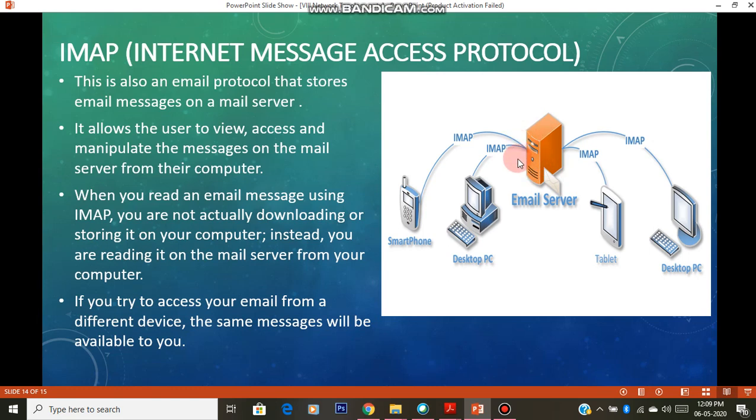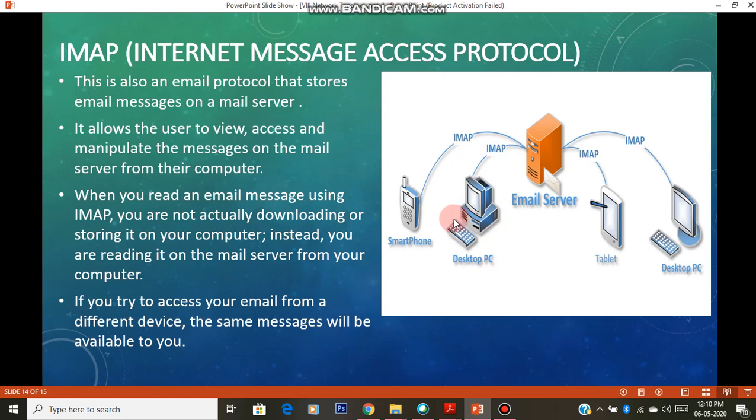There what happens is when the mail comes to the server and you download the entire mail to the computer, it will get deleted from the server, so that from no other devices you can check your mail. But it is not the case in IMAP. IMAP is the one being used nowadays in Gmail, Yahoo, in all the mail IDs, because we'll never download a mail, we'll download only the attachments. We will never download the entire mail to read it, right?